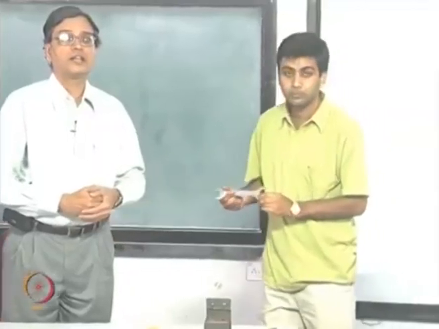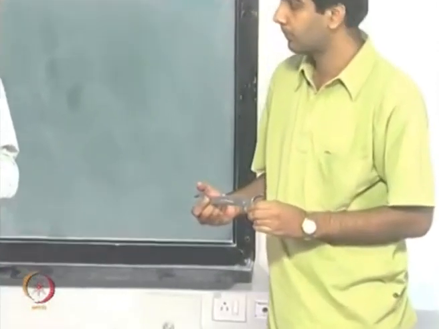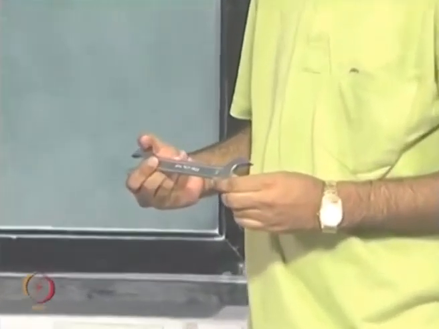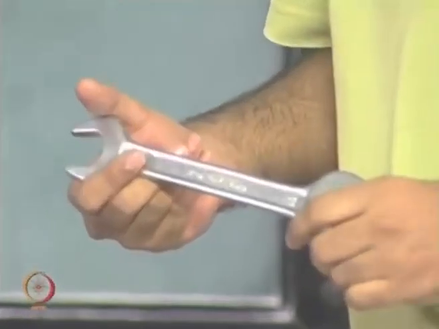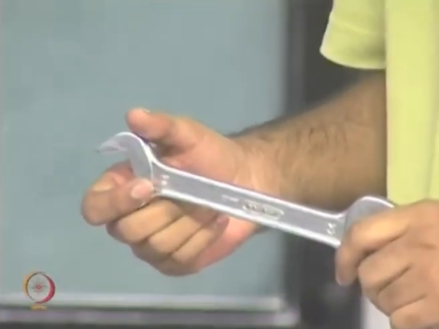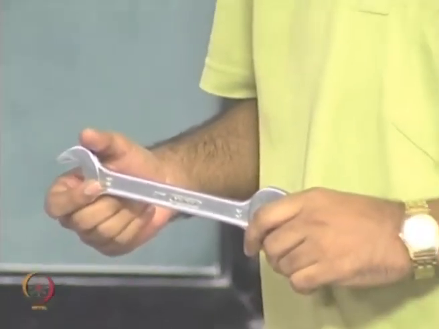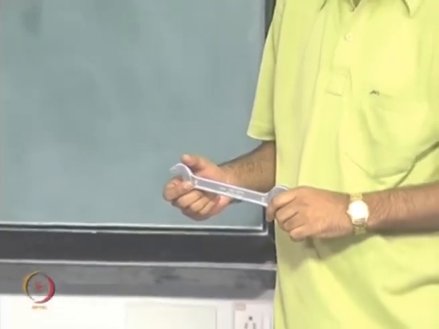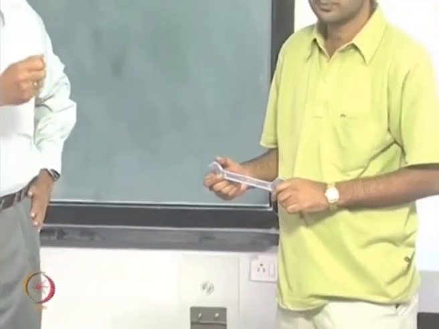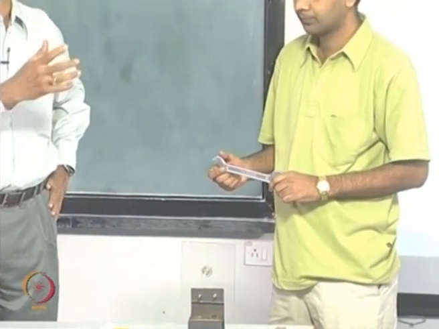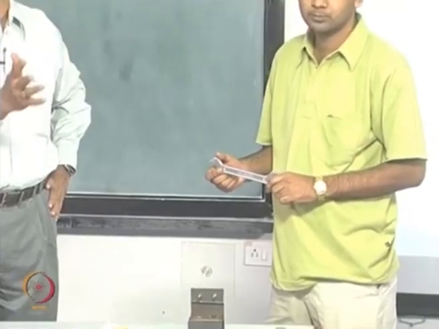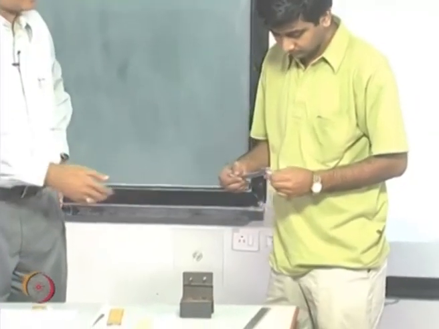Suppose I have a complex object, what do I do? I have a complex object like a spanner, and this is a down to earth object, you use it in many of your day to day activities. Do you get a solution from analytical methods? You do not get this. It is such a routinely used specimen, a tool. If you want to solve it from your course in strength of materials, it is just not possible to solve. And let it tighten a nut,